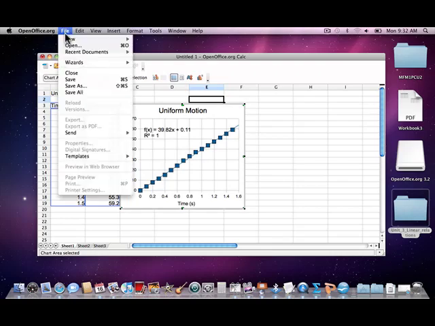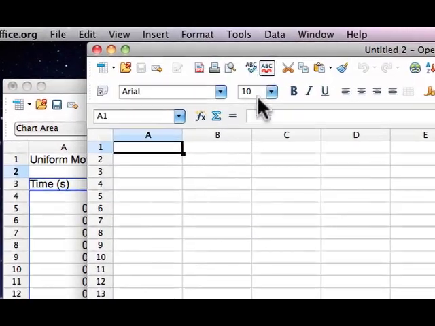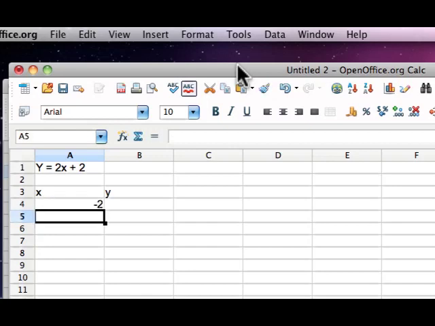Let's open up a new document. We're going to open up a new spreadsheet. The equation we're going to use is y equals 2x plus 2. So we'll write down that equation just to let us know what we're dealing with. Now we're going to have x and y values. And we're going to run this from an x value of -2 to -1 to 0 all the way up